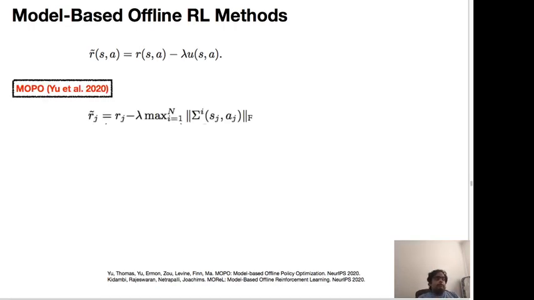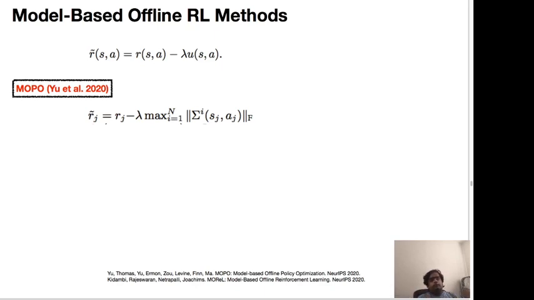One of the methods is model-based offline policy optimization, which is MOPO. It maintains an ensemble of dynamics models, and the dynamics models are probabilistic, so they are Gaussian distributions parameterized with mean mu and a covariance matrix sigma. And it computes the maximum norm of the covariance matrix across the ensemble. So that's this max over i going from 1 to n of the norm of sigma i at that state and action. Now, if this norm value is high, it tells us that